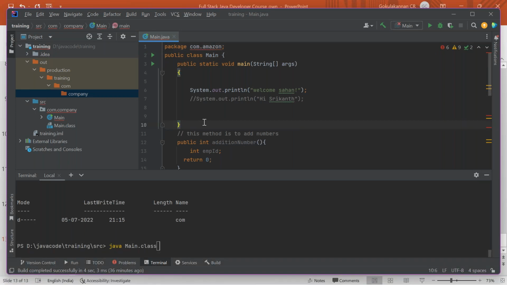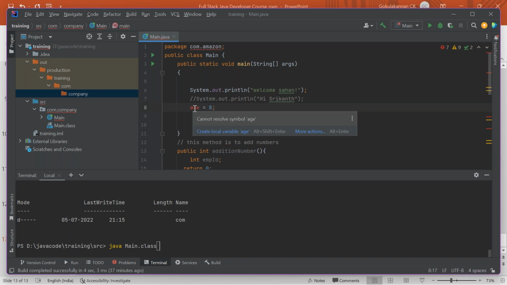See, I'm assigned with the task of getting the age of Shrikant, for example. Okay, so age, I'm giving some random number, it's not your exact age. Okay. So age 8. Age is my variable. I'm giving a name to the particular value. So if 8 is your age, then age is a variable, and in this case